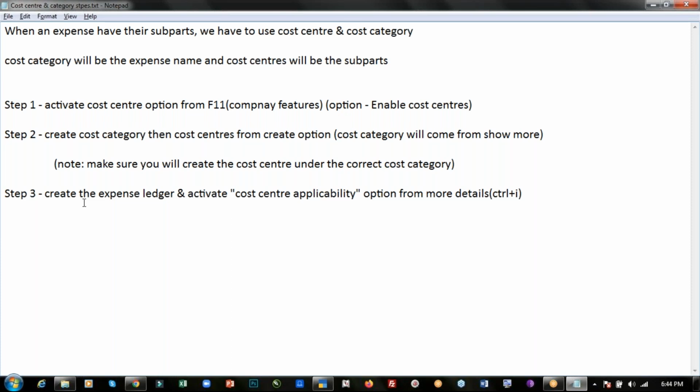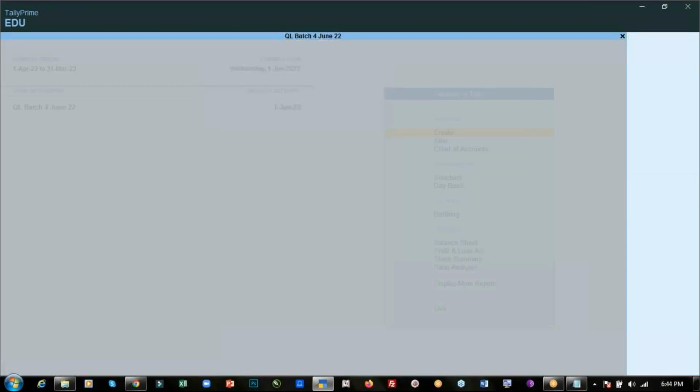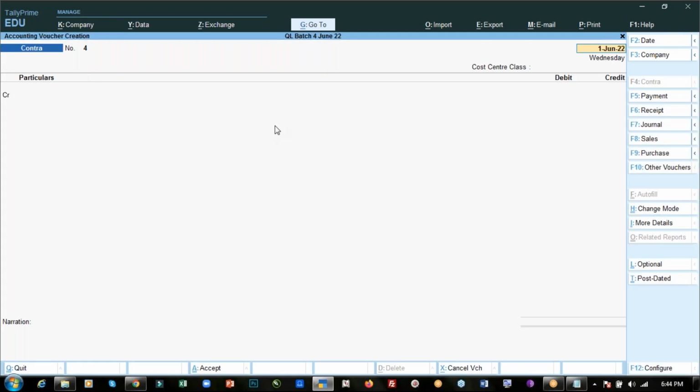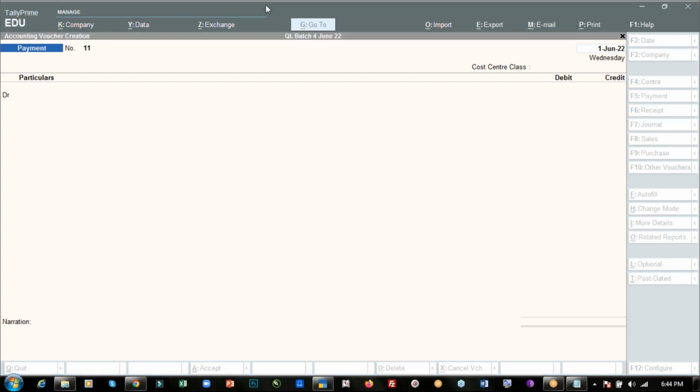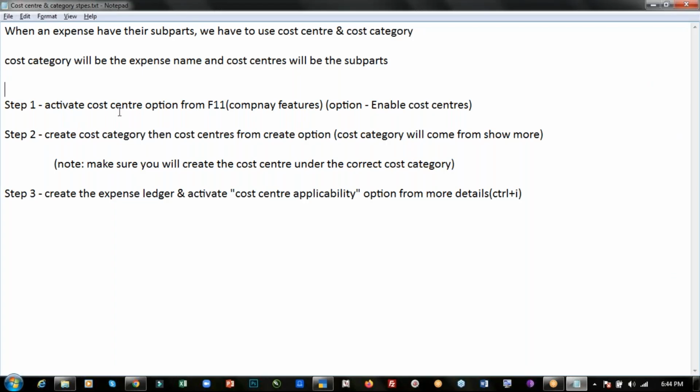All right. Now we have created the cost centers, activated the features, and created the ledger. Now we just have to pass the journal entry. So go for the vouchers. In the vouchers, go for payment voucher first. After coming in the payment voucher, first type the transaction date. It is first of the